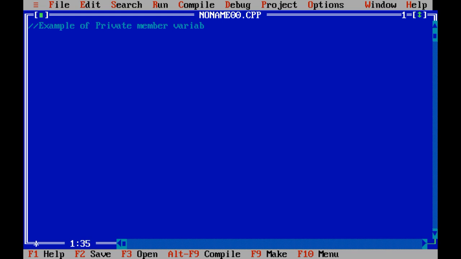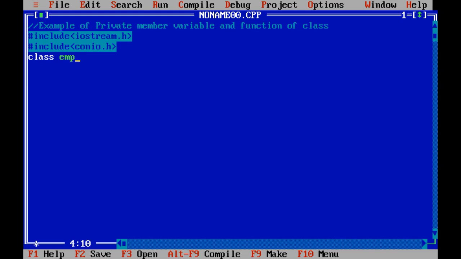Example of private variable and function of a class. We need to include two header files: #include <iostream.h> and #include <conio.h>. Then let us define the class employee, as we have taken the same example in all the programs, so that you can understand in a better way.